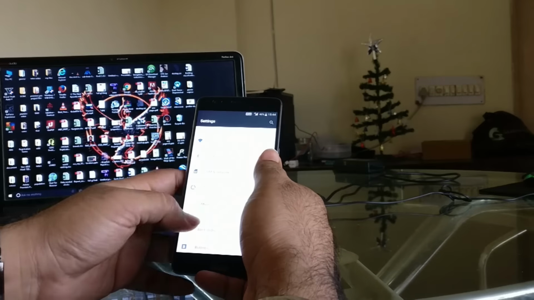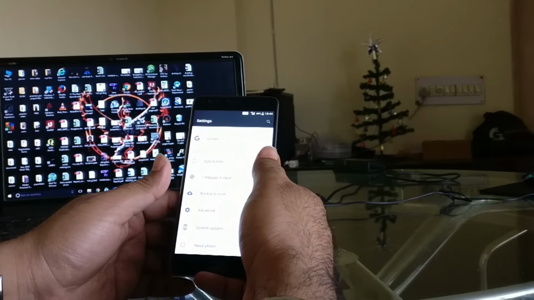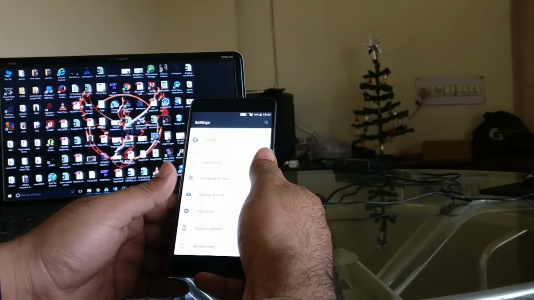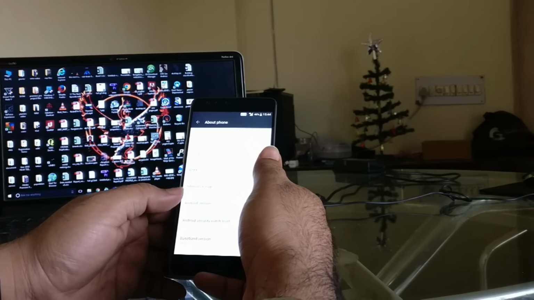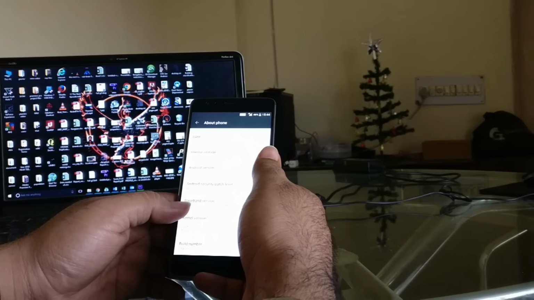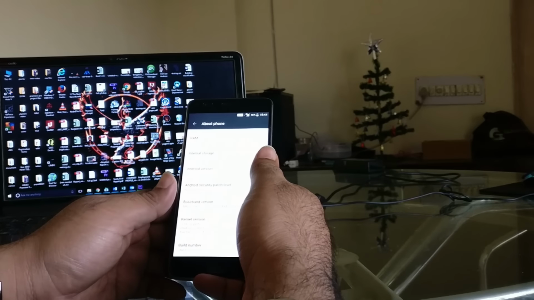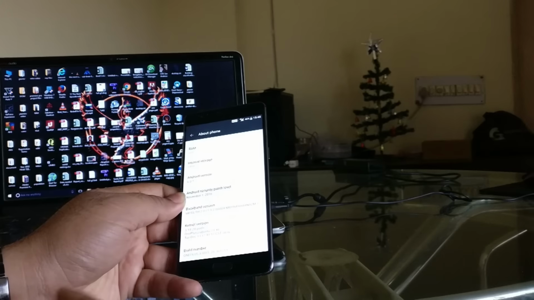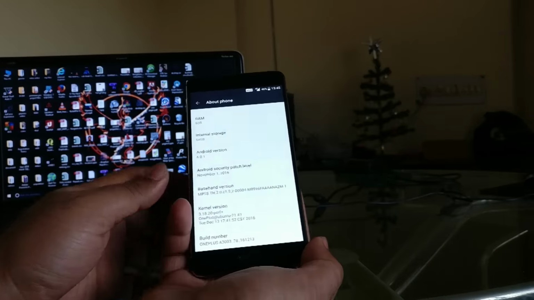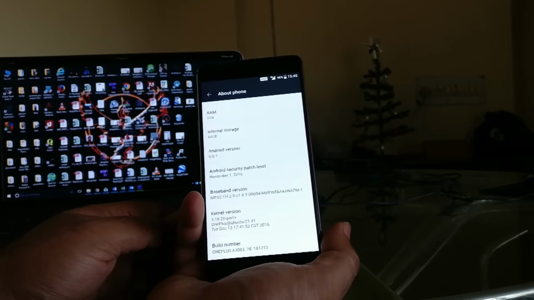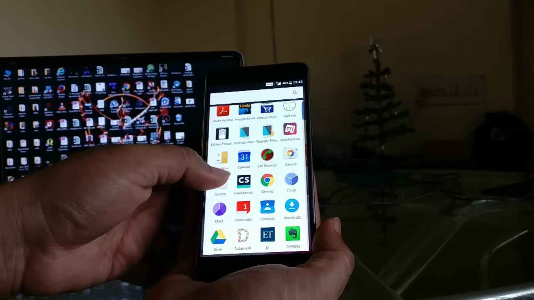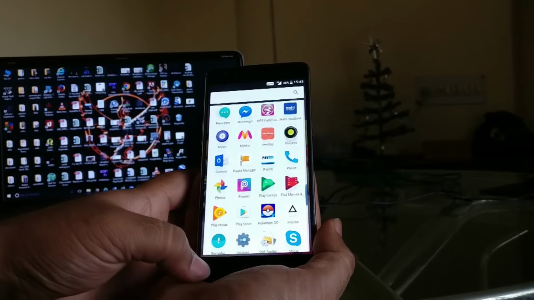Just make sure you have enough battery backup because it's a major system update, so it takes time, maybe around 15-20 minutes. And one more thing, you won't lose any data in this. I'll show you, we already have all the apps installed here, all the data as it is.